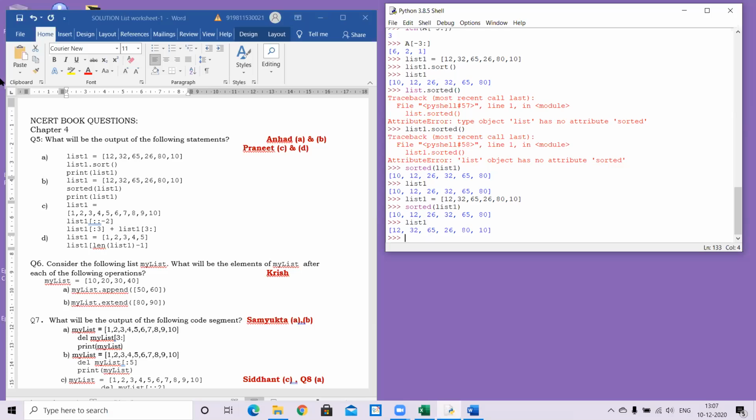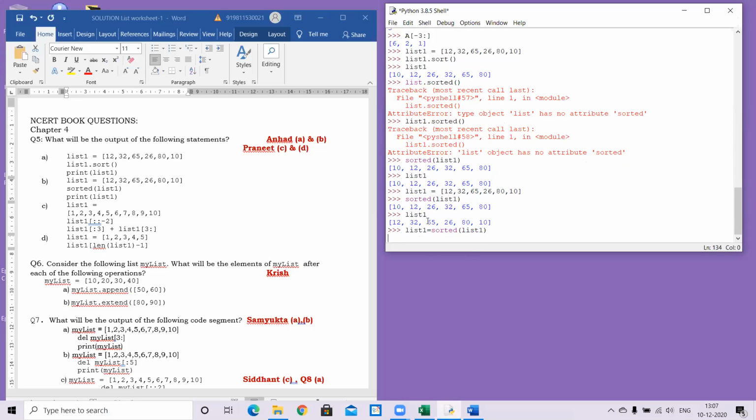Yes, ma'am. What is the difference, ma'am, between sort and sorted in this case? In the case of sort, the data gets sorted in place. That means the original list values are updated. Okay, ma'am. But in the case of sorted, the original list values are not updated till you update it yourself by writing it like this, or you want to put it into some other list. Because every time I might not need to replace the data. I want to sort once and see it. I don't want to replace it. But in the case of sort, it's by default replaced. I can't help it. But in the case of sorted, I have the option to either put it in the list.